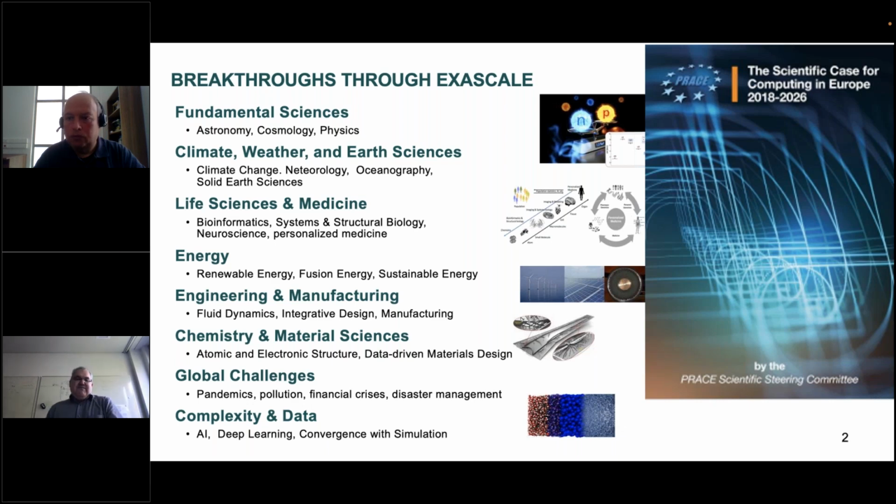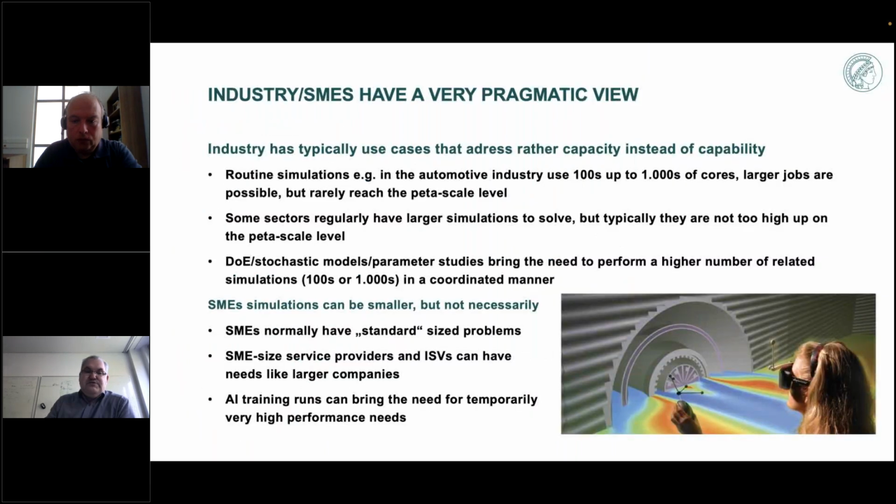And of course, we see a lot of interest and uptake of machine learning and artificial intelligence applications also in the various scientific fields. Very often they are being used together with simulations, to steer simulations, to prune the search space simulations have, and so forth. But it's not only science that benefits enormously through the advances, it's also industry,